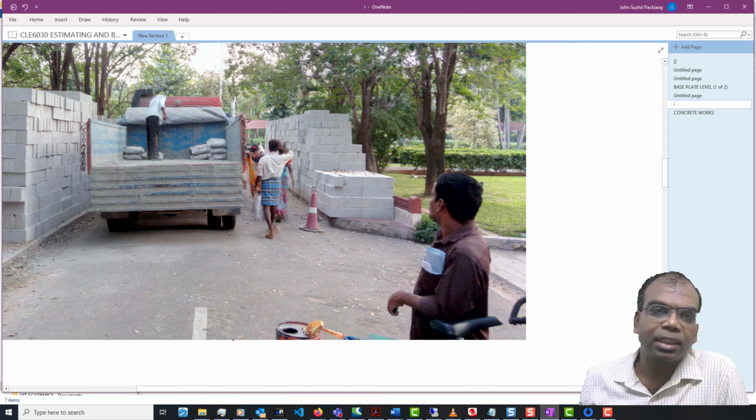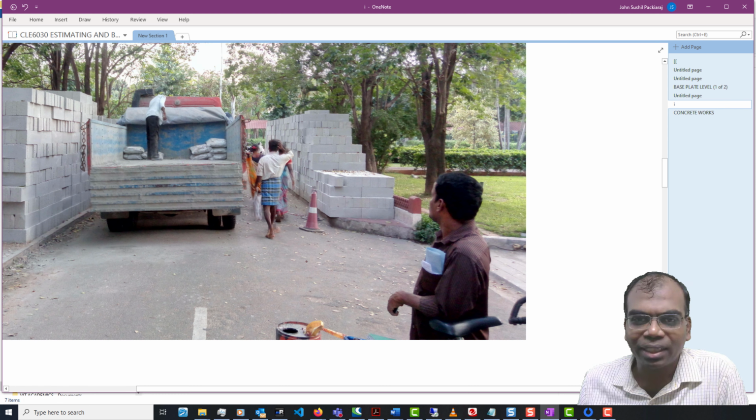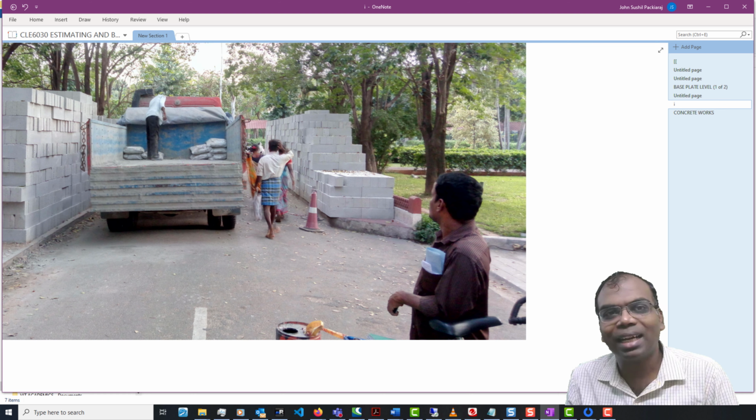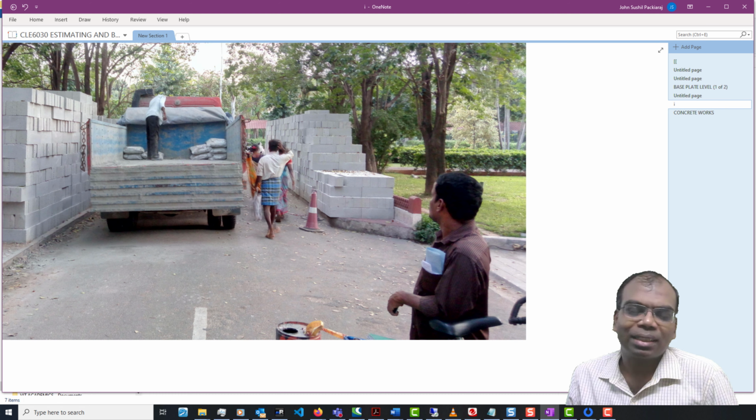This is an example of the size of the Aerocon block. Although nobody is lifting it, you can get an idea in perspective of how big these blocks actually are. And when you lift them up, you'll find out how light they are. Compared to the traditional blocks, this is so light and easy to handle, and not only that, the engineering properties are so much better.